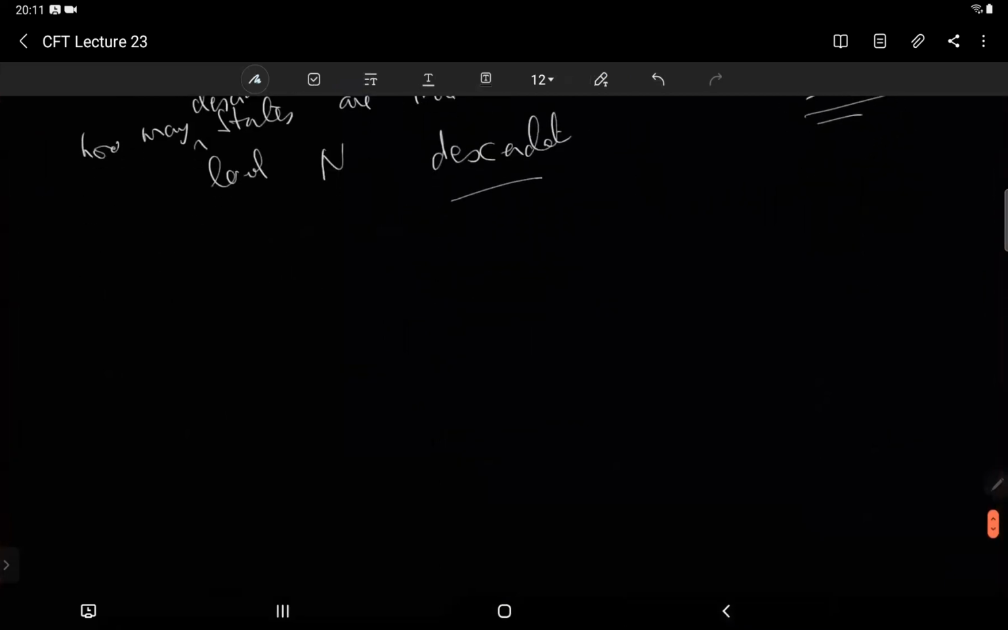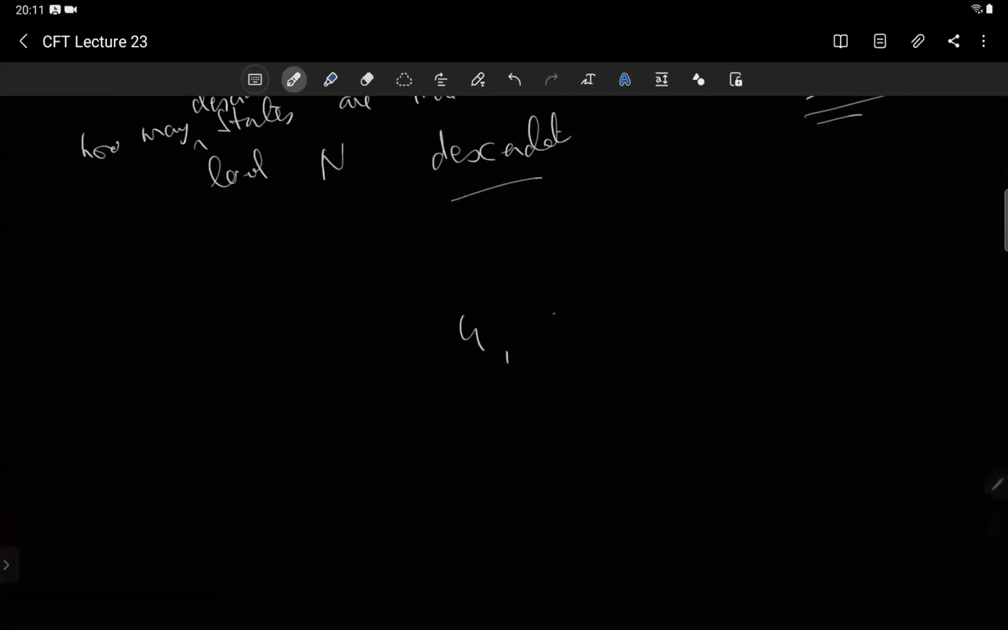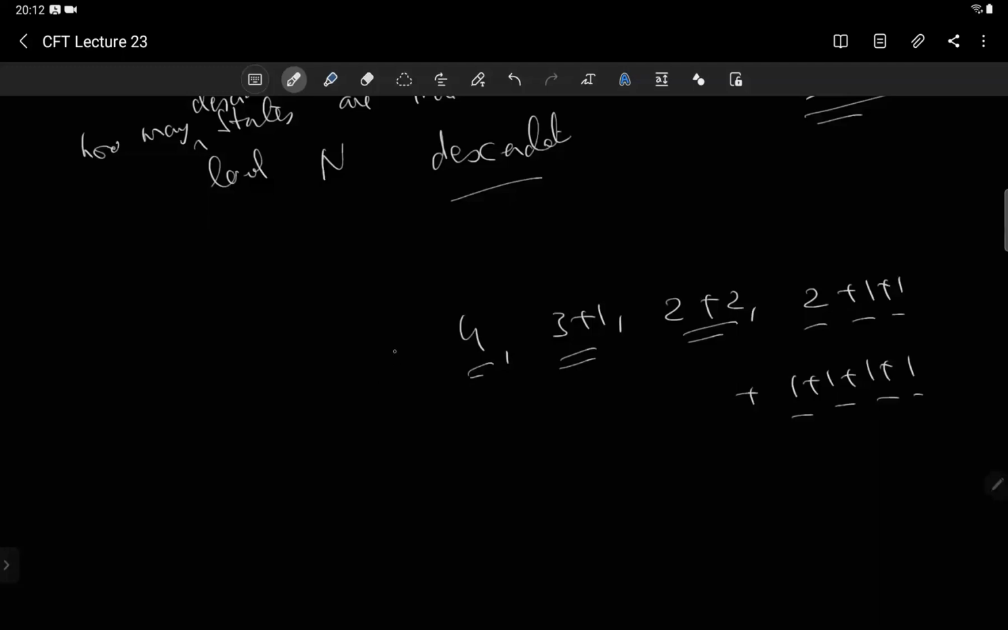নাম্বার 4 এর পার্টিশন গুলো হচ্ছে 4, তারপরে হচ্ছে 3 + 1, একটা হতে পারে 2 + 2, একটা হতে পারে 2 + 1 + 1, আরেকটা হতে পারে 1 + 1 + 1 + 1। এটা হচ্ছে নাম্বার 4 এর পার্টিশন, পাঁচখানা পার্টিশন, 1 2 3 4 5। মানে 4 কে 4 লিখতে পারি, বা লিখতে পারি 3 + 1, বা 2 + 2, বা 2 + 1 + 1, বা 1 + 1 + 1 + 1, আর কিছু লিখতে পারি না, বুঝতে পারলে? কারণ 1 + 1 + 2 আর 2 + 1 + 1 আমি একই পার্টিশন বলবো।